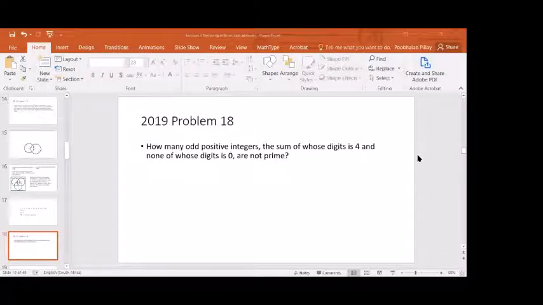We're going to continue to get to the next problem, which is number 18. How many odd positive integers, the sum of whose digits is 4? So they are odd numbers, and when you add the digits, you're going to get 4. The question is, how many such